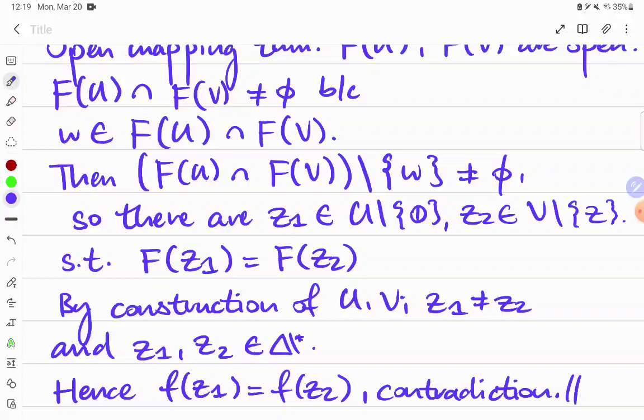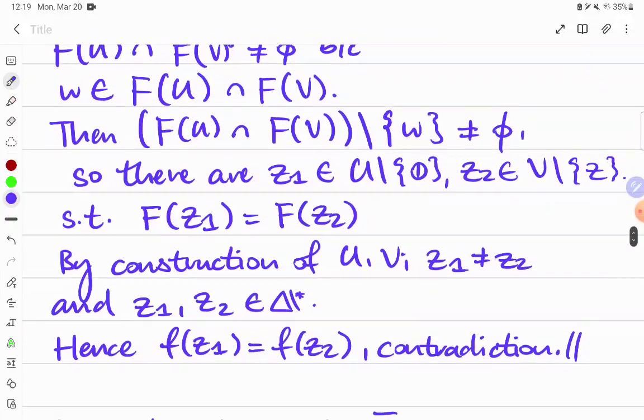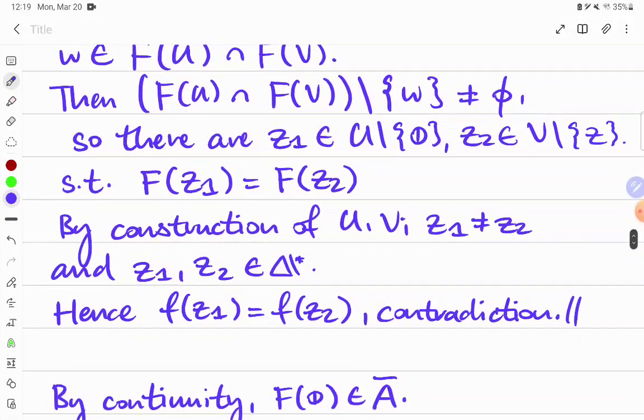Now, what does the remainder of the proof consist of now that we've shown this auxiliary result? Well, we can now specify more precisely where 0 gets mapped under F. Obviously, by continuity, we know that F of 0 is going to be in the closure of A. This is a generic fact about metric spaces, and you can think of taking a sequence in the punctured unit disk that converges to 0. By continuity of F, it has to converge to either some point in A or a limit point, that is, a point on the boundary.